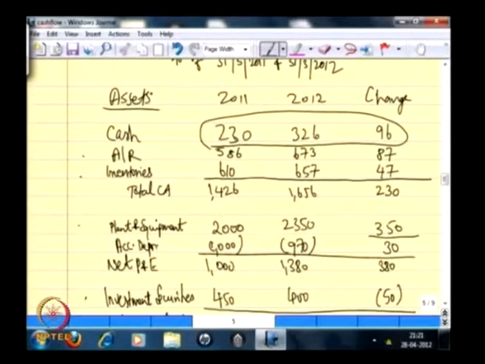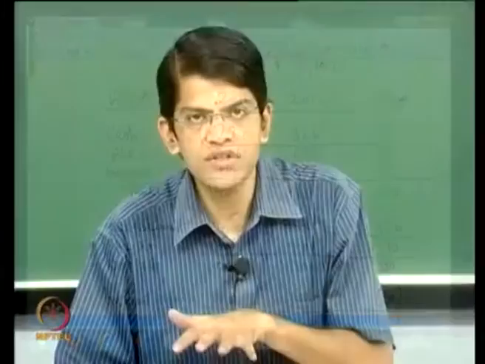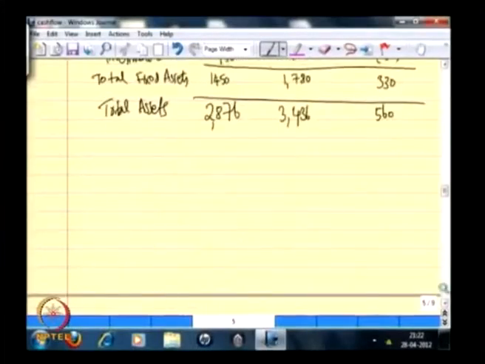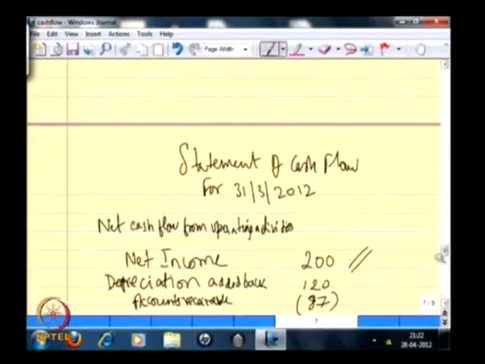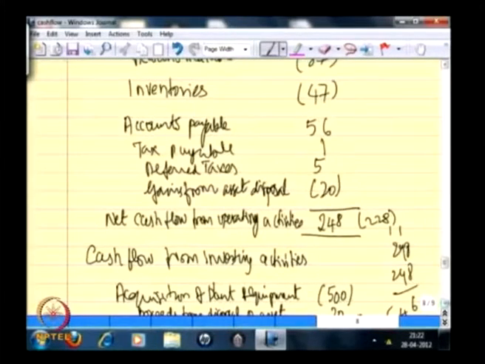Remember, we did not start with this 326, we started with net income, added back depreciation, and found the net cash inflow or outflow from three broad categories, namely operating, investing and financing activities, added with this 230 and find that it equals this 326. And this is the purpose of creating this cash flow statement,